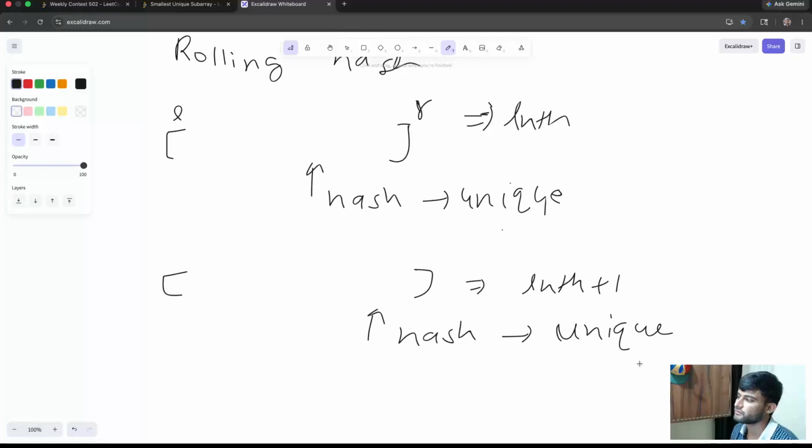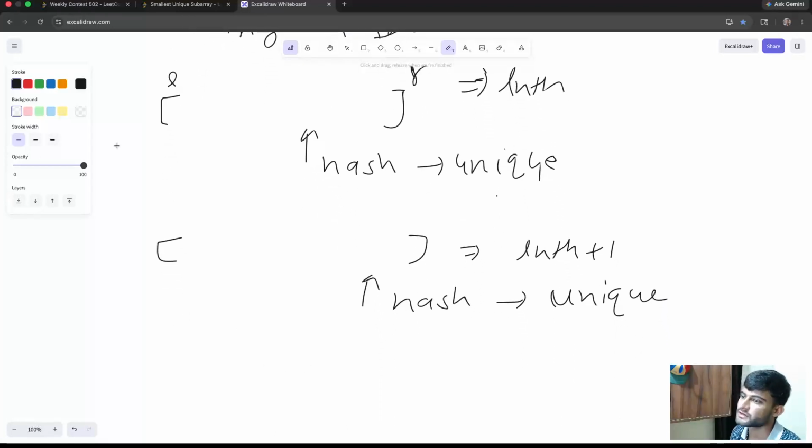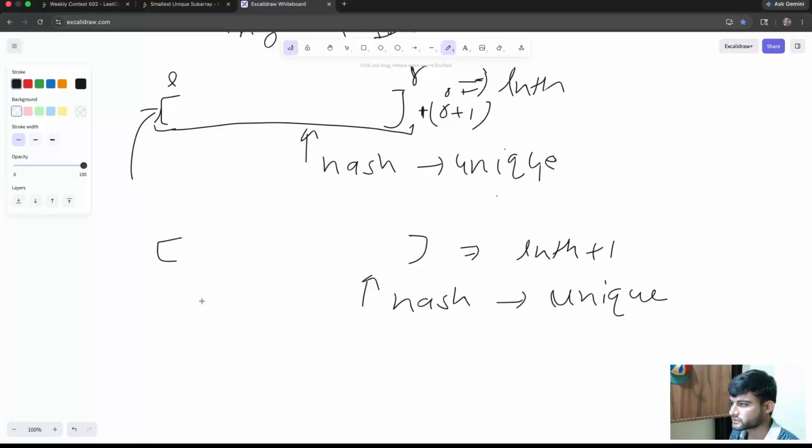The reason is, we can take the previous subarray itself and also add one of the adjacent characters, let's say the r plus 1th character. Then its hash is also going to be unique, because if this subarray is unique, then taking one of the adjacent characters is also going to be a unique subarray. So